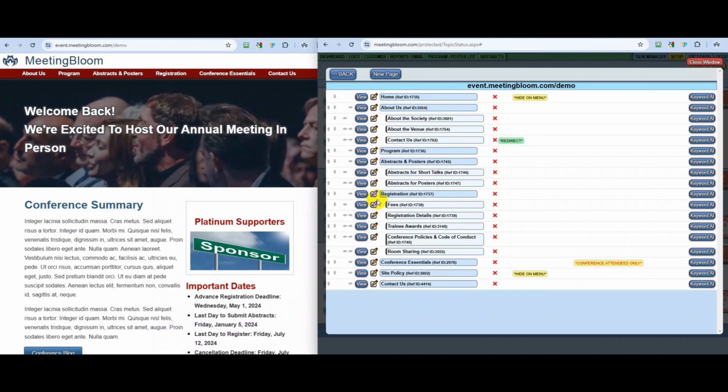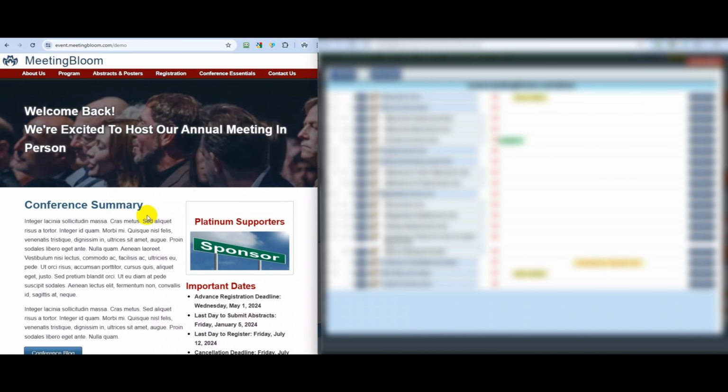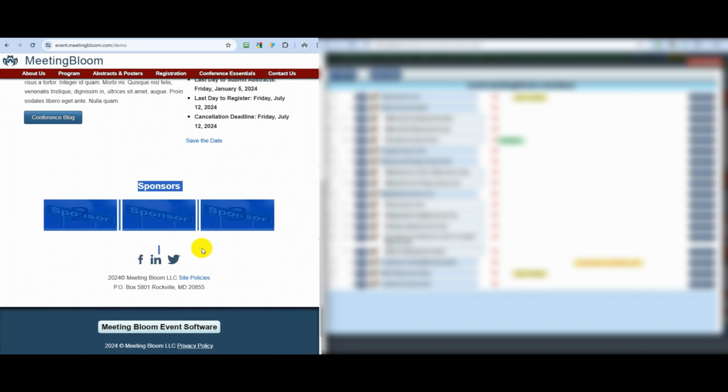So I'm going to show you the integrations between the conference website and how it integrates with the conference registration portal. This is just to show you the simplicity between both of these. So you can see on our event meeting demo site, we have dynamic platinum supporters, which is a dynamic piece, important dates that comes from the conference registration, save the date, a conference blog, and even the sponsors that are